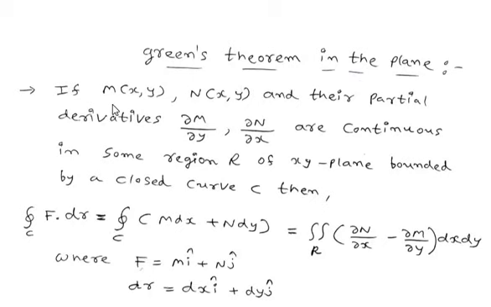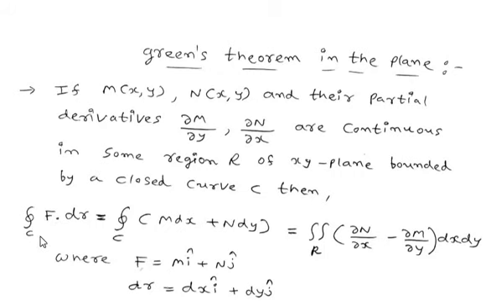If we have been given two functions, one is M(x,y) and the other is N(x,y), if these two functions are functions of x and y and their partial derivatives del M by del y and del N by del x are continuous in some region R of the xy plane bounded by a closed curve C, then we have the line integral,